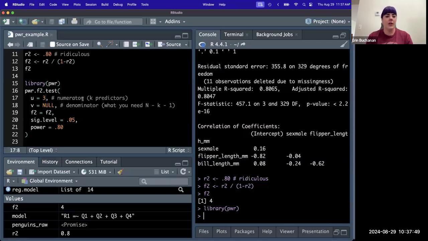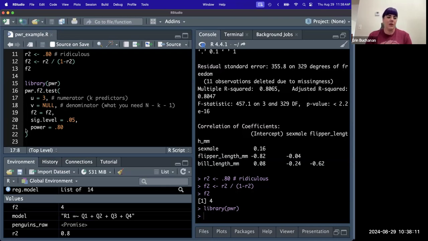Okay. So U here would be the number of predictors. So the number of predictors in the equation, if you have a t-test, it's 1. Okay. If you have an ANOVA and you have 1 IV, it's 1. If you have main effect interaction, it's 3. For the overall model,